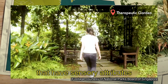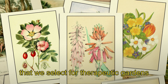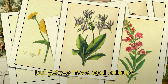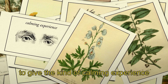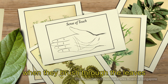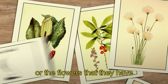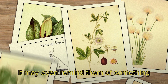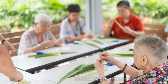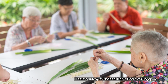So these are plants that have sensory attributes or diverse characteristics or features that we select for therapeutic gardens, such as a warm color can help to stimulate the mind, but yet we have cool colors to give that kind of calming experience. Certain plants have interesting leaf textures that help to evoke the sense of touch when they brush through the leaves, and even the scent of the plants or the flowers, through the sense of smell, may even remind them of something like a food that they love to eat or a memory from the past. These sensory stimulators are great for exercising elderly visitors' brains,